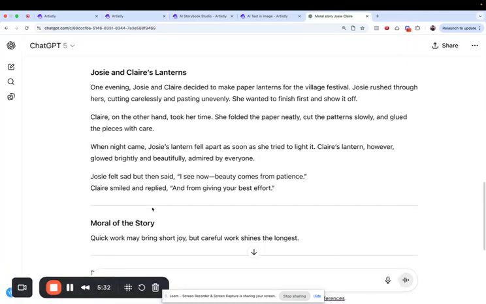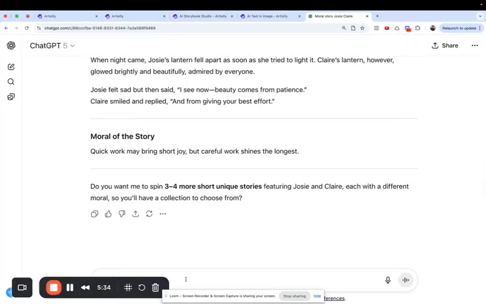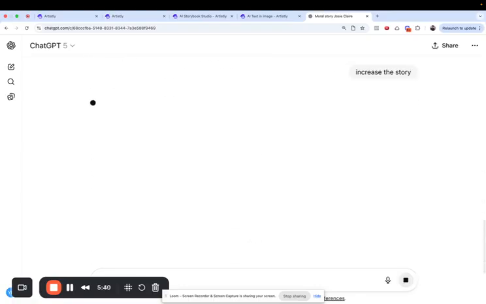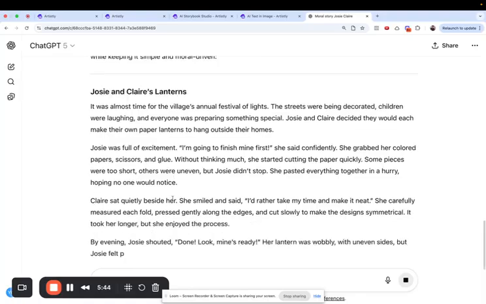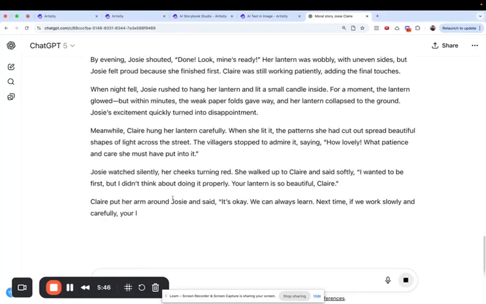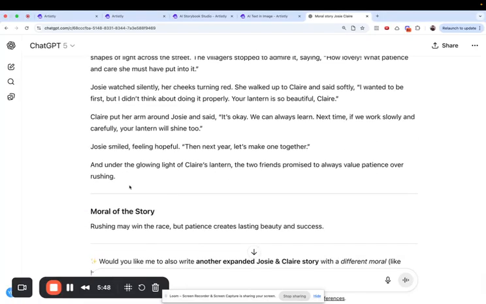Okay, so I got this Josie and Claire. I'm going to say, okay, increase the story a little bit. I don't like you giving me short stories. I want big stories, right? 20, 30, 40 pages, right? Okay, there you go. I like this. I like this. Keep it coming. So I'm just going to literally